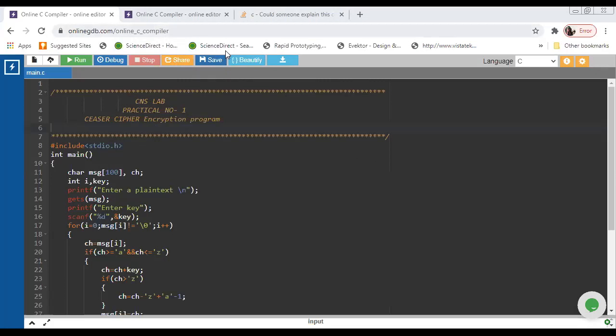A substitution method is what we do, that is, we jumble our characters.